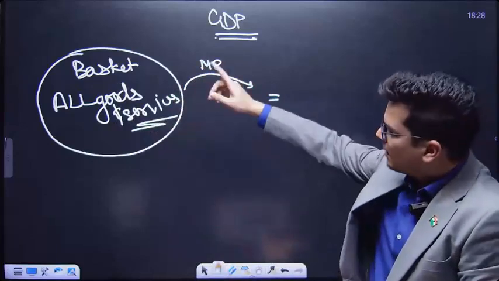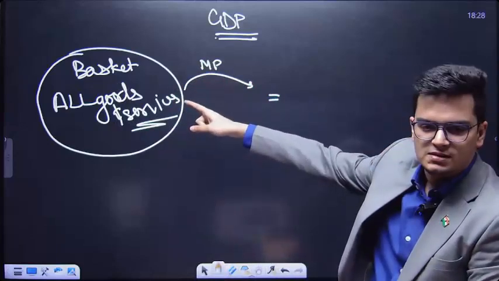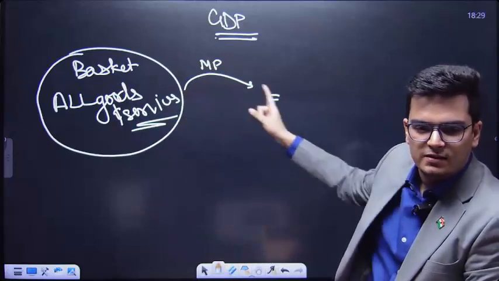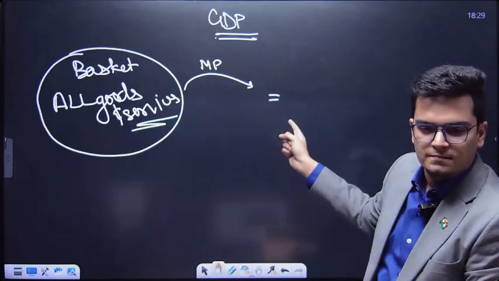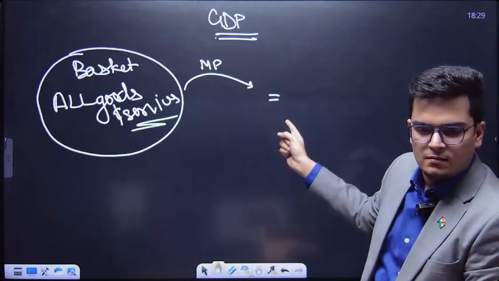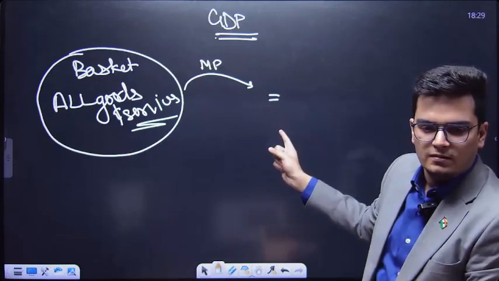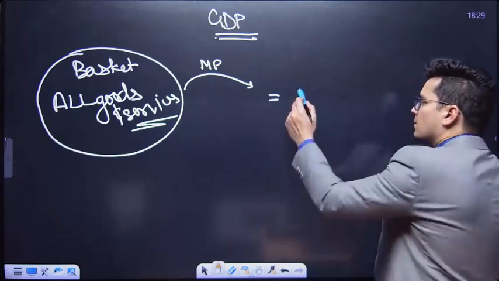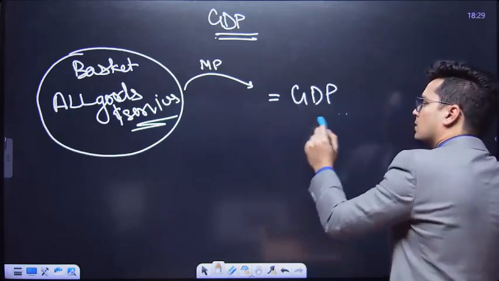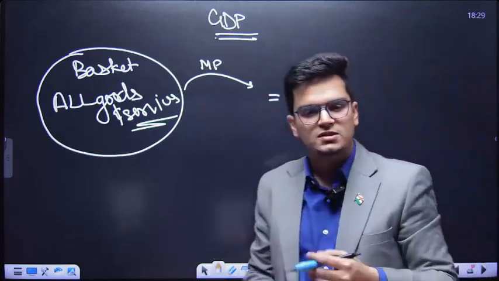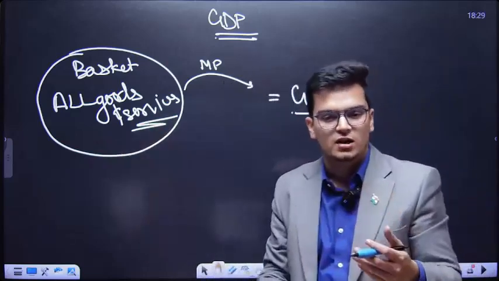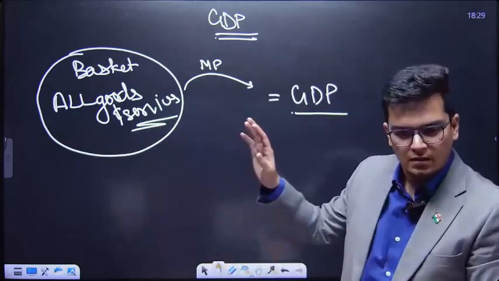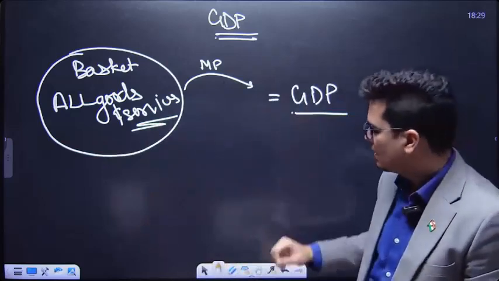If in my basket there are all goods and services, then market price of this basket will be... बताओ जल्दी बताओ, क्या होगा मार्केट प्राइस? It will be the GDP, because GDP is market price of all goods and services produced in an economy, है ना, जीडीपी होगी।